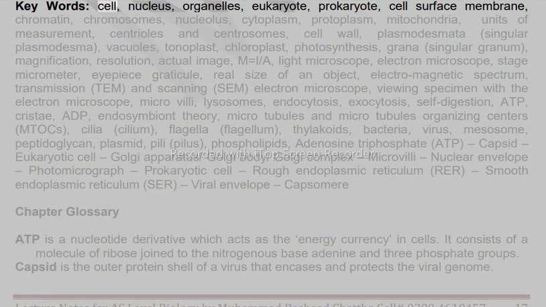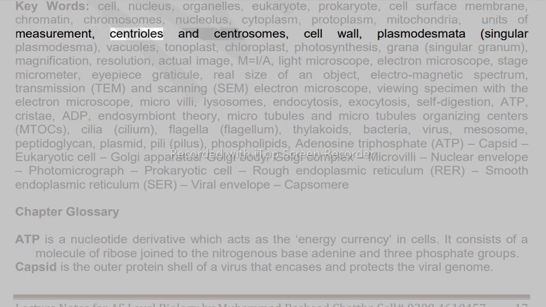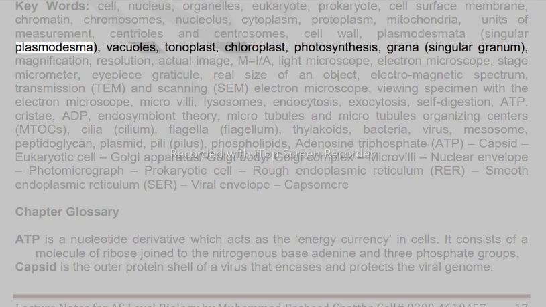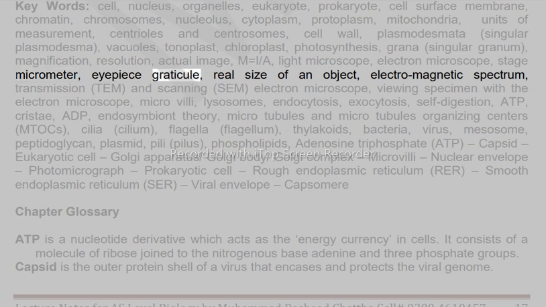Key words: cell, nucleus, organelles, eukaryote, prokaryote, cell surface membrane, chromatin, chromosomes, nucleolus, cytoplasm, protoplasm, mitochondria, units of measurement, centrioles and centrosomes, cell wall, plasmodesmata (singular plasmodesma), vacuoles, tonoplast, chloroplast, photosynthesis, grana (singular granum), magnification, resolution, actual image, M equals I over A, light microscope, electron microscope, stage micrometer, eyepiece graticule, real size of an object, electromagnetic spectrum,